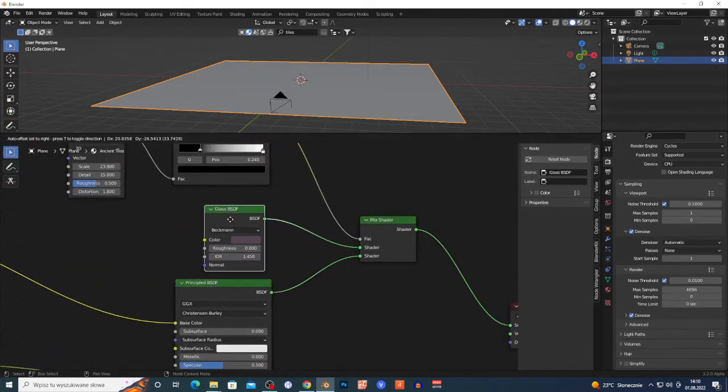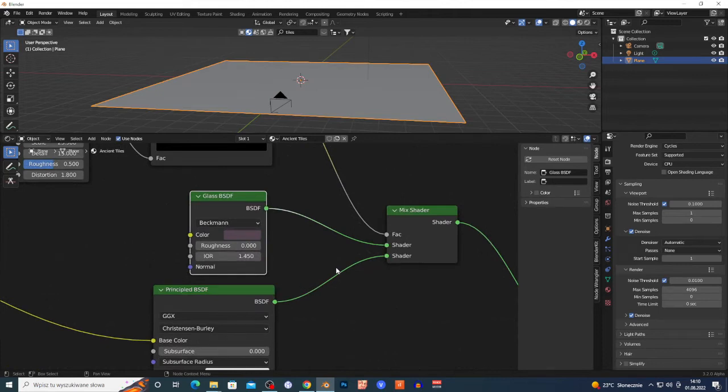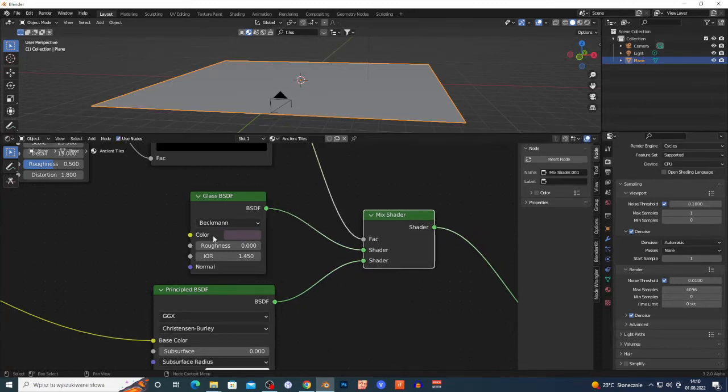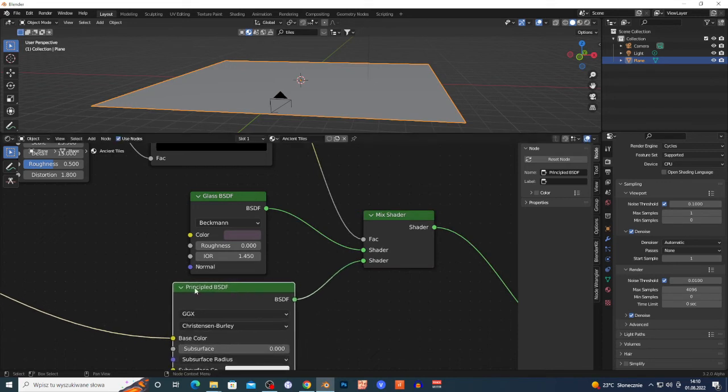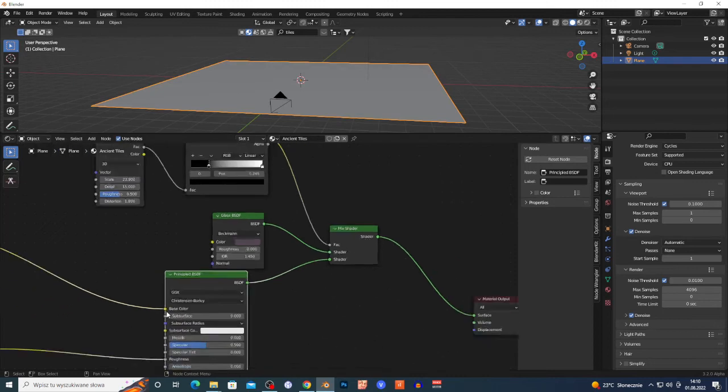And the idea is we just gonna mix your principled BSDF with your textures with glass. You can search those nodes by Shift A, of course, and you just search for glass, and you want to mix those two together. So principled BSDF goes to the first shader and glass goes to the second socket of this mix shader, if that makes sense. So Shift A, mix shader, and just connect glass and your principled BSDF with your